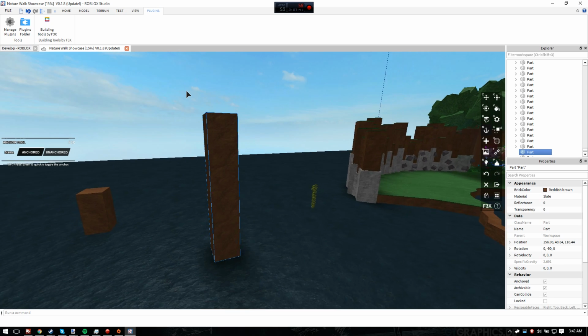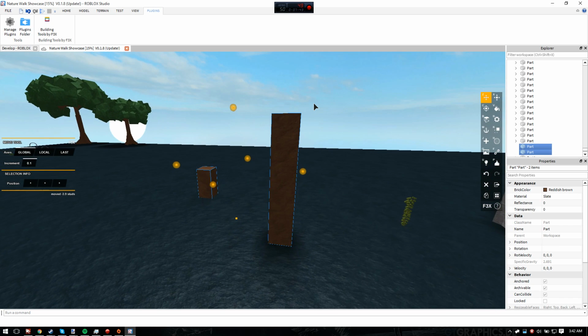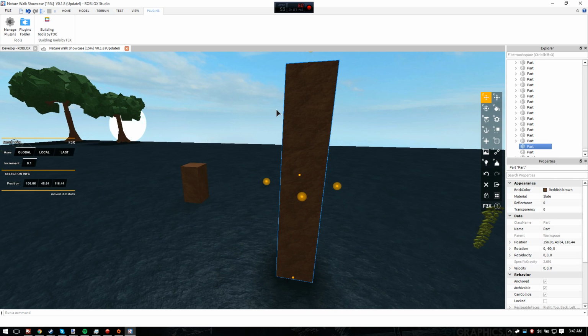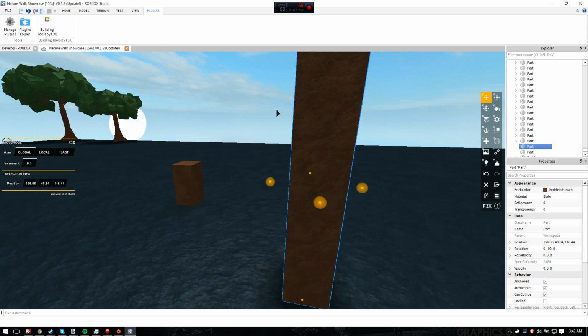This is very important for your parts, so make sure you select all that you build and anchor it. Otherwise, all your stuff is going to fall apart. Unless you're making a destructive map, then the surface tool comes into play and you want to weld your